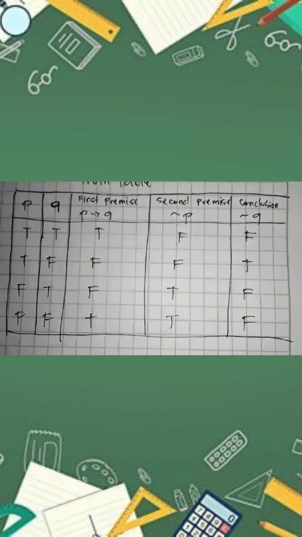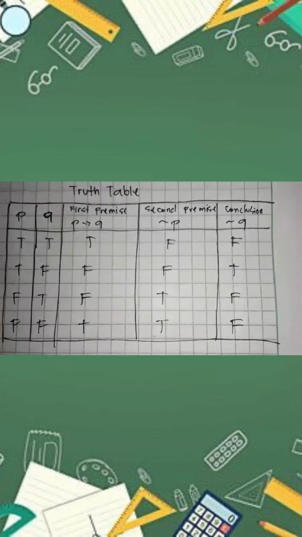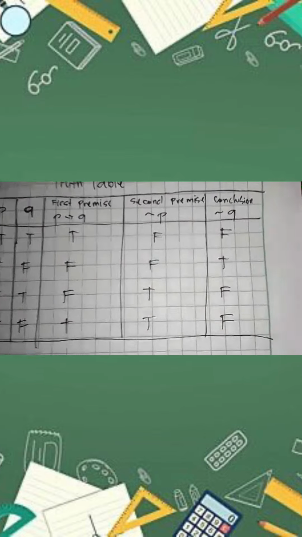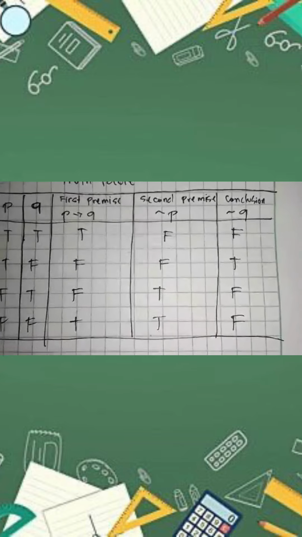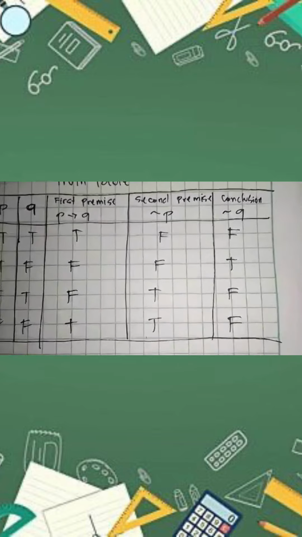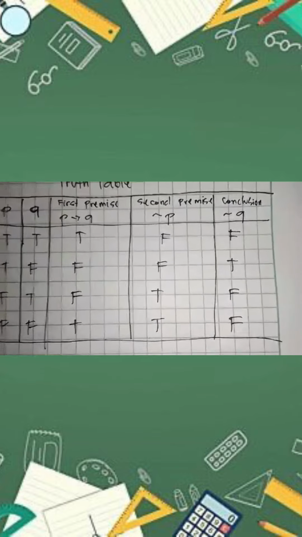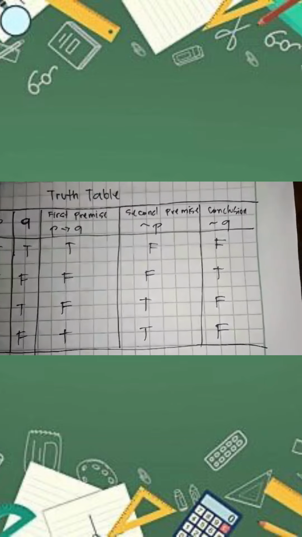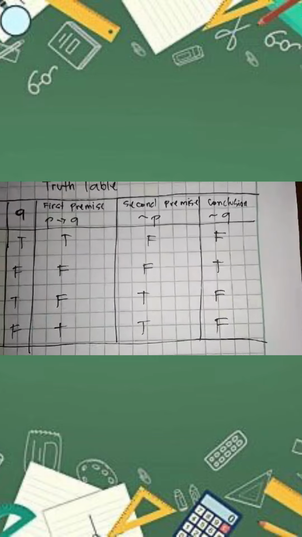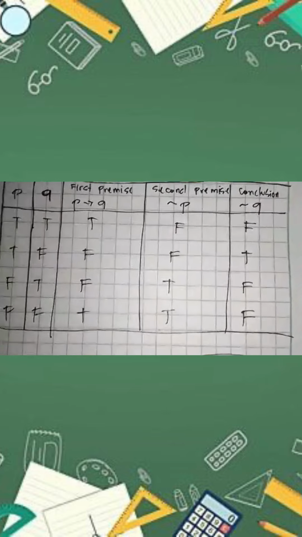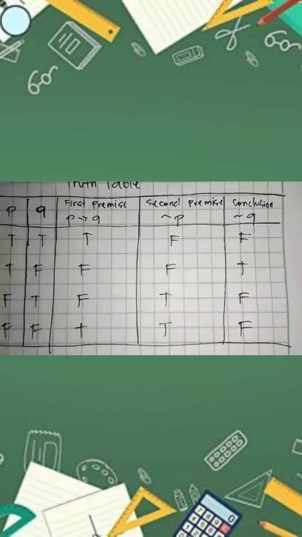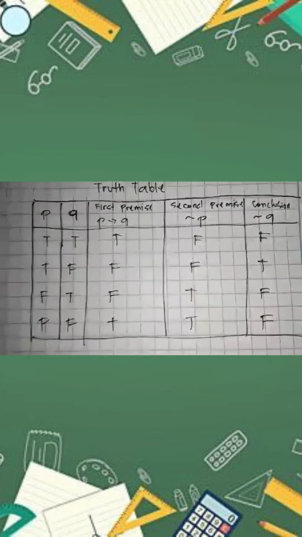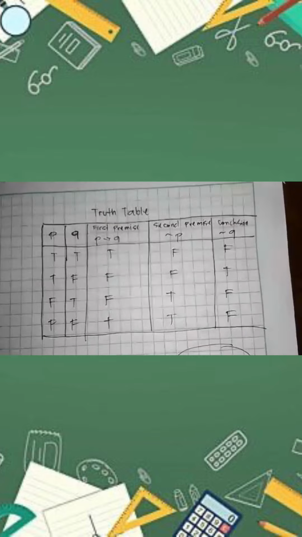In my third column, I have F and T, and my conclusion is false. And in the last column, the fourth column, I have two truths. In my first premise, I have true, and in my second premise, I have true. But still, my conclusion is F, and still it is a no, since the conclusion, the result, is false. So therefore, my conclusion,